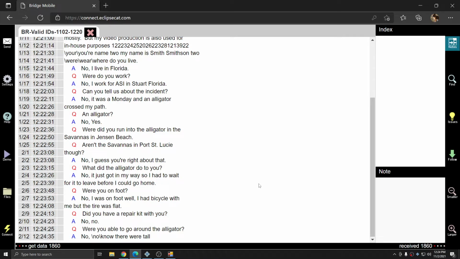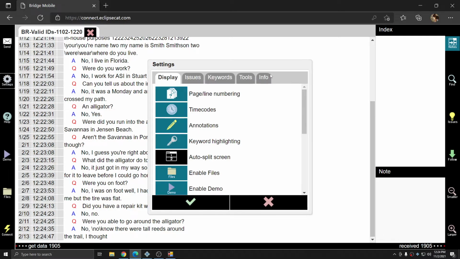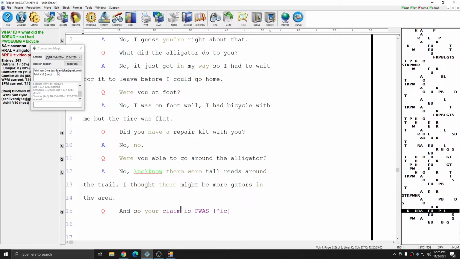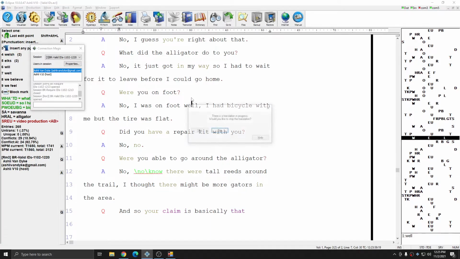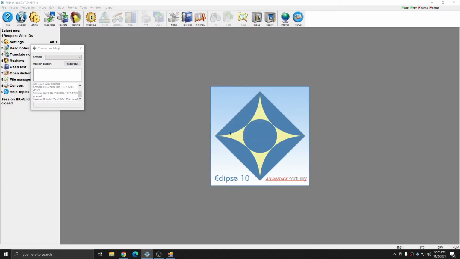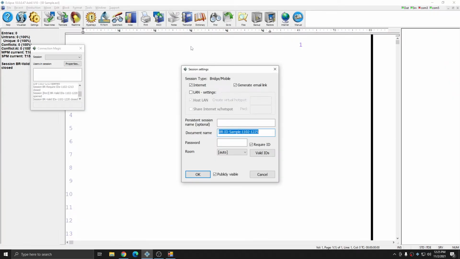And since my email address was a valid one, I didn't have to undertake any extra steps in order to join the session. I simply needed to make sure that I was registered with the appropriate email address. So no matter who you would like to allow into your Bridge Mobile session, you'll be able to specify that information easily. When beginning a real-time file, in the Bridge Mobile session settings window, you have two options of how